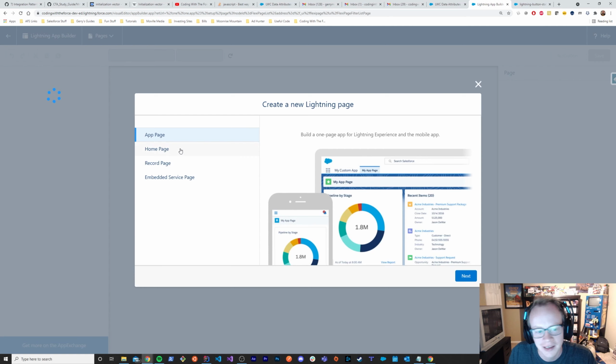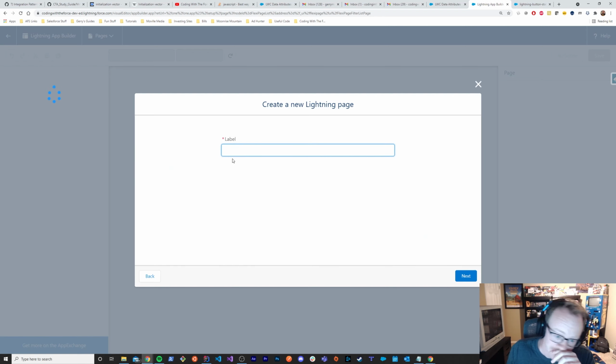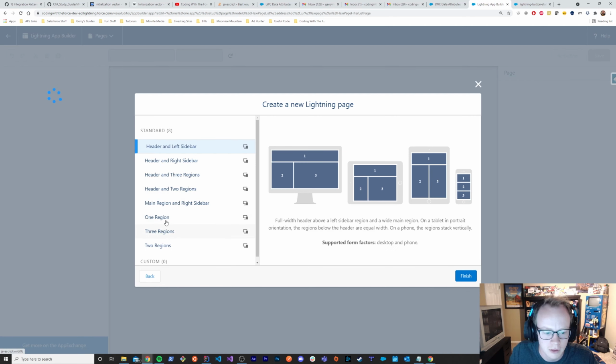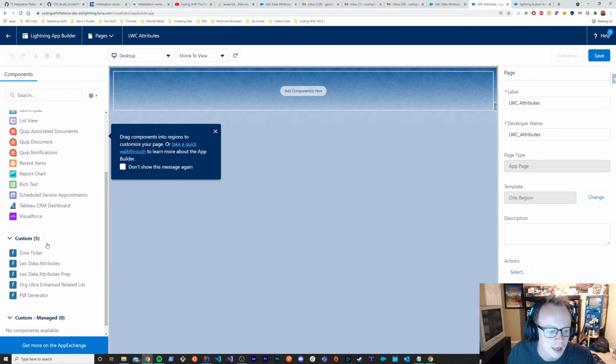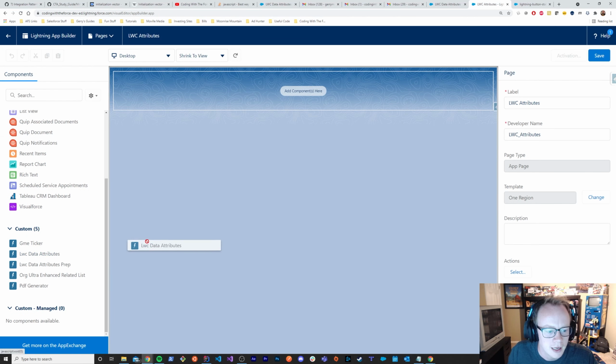Okay, and we're going to create an app page because that's the target that I gave that Lightning Web Component. It won't show up for home pages and record pages. And let's call this LWC attributes. Could be called whatever, it really does not matter. I'm just setting this up so that we can look at it super easy. And we'll drag our LWC data attributes